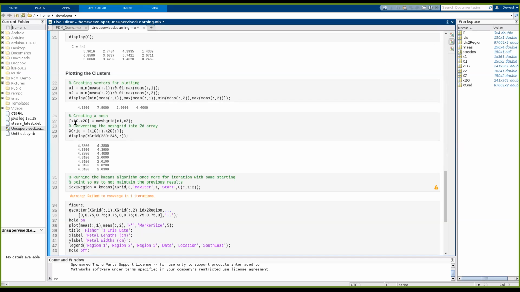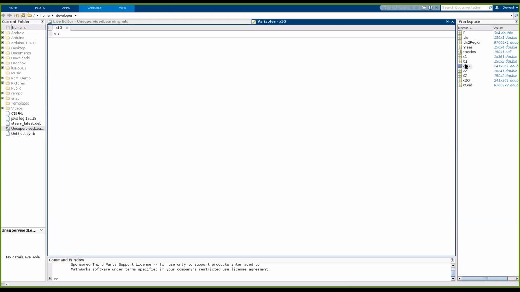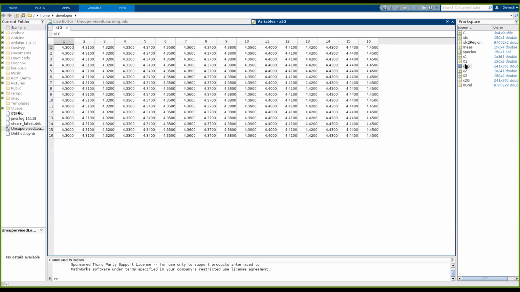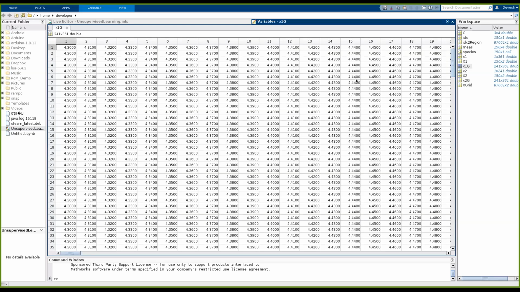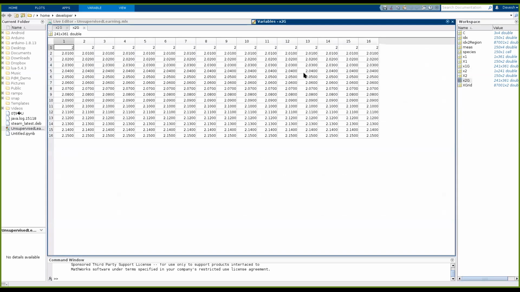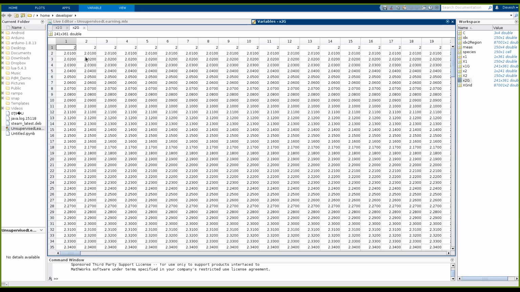Now let me show you how this mesh grid actually looks. As you can see, the same row is repeated multiple times, and in this case, the same column is repeated multiple times.